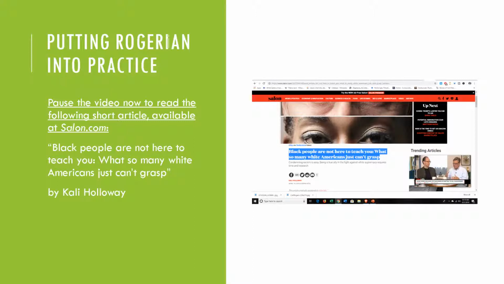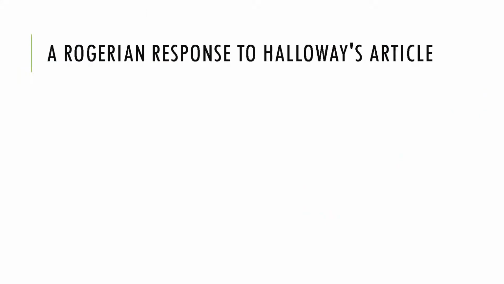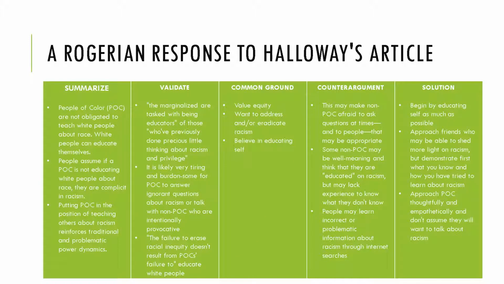Okay, so hopefully you went and took the time to read that article. Otherwise, some of this won't make much sense. So I would like to model the kind of analysis I'm asking my students to perform. Normally in a face-to-face class, we would walk through this together, but in an online class, the best I can do, I think, is to model how we would respond using this particular theory to an article. So again, these are the 5 steps of the Rogerian argument style.